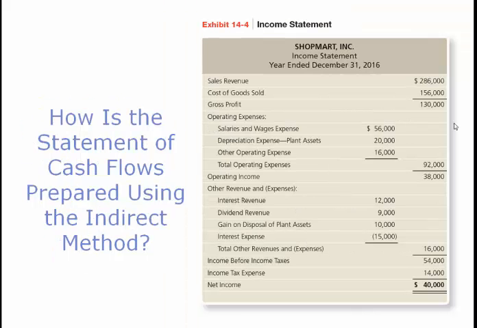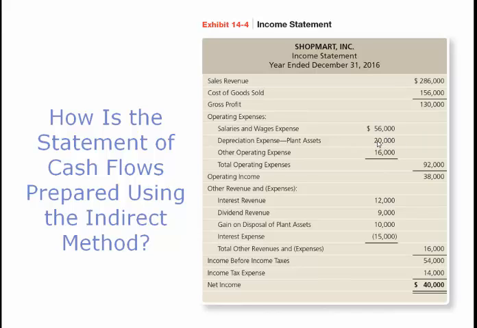Let's move on. So what we're going to look at here is there's a couple things we want to pick up. We want to pick up this $40,000 on the bottom. We're going to need that. That's going to be the first thing we're going to need for the operating section. And then the other major thing we want to take a look at here is any place where it says